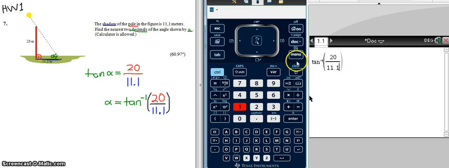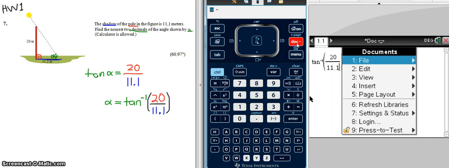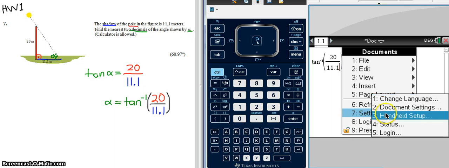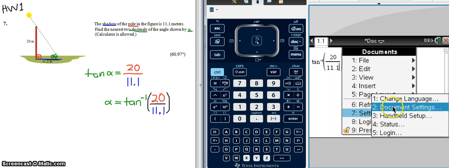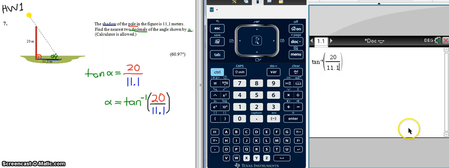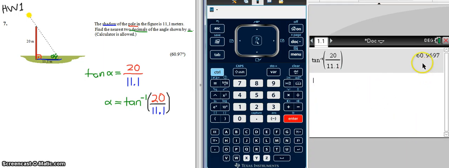Before we do, we should be very careful to check that our document has the correct settings. So let's go to our document settings, because here alpha, we want it to be settings, document settings, so 7 and 2 you could say. We want our angle in degrees, so please make sure that we're in degrees here in your calculator. Now we can press enter and we have our answer